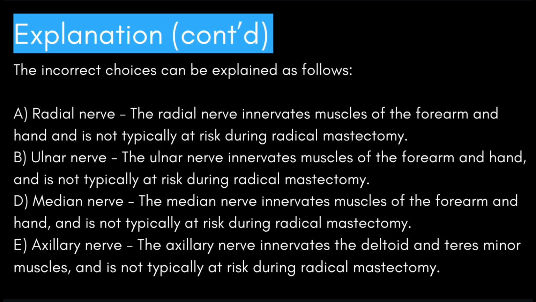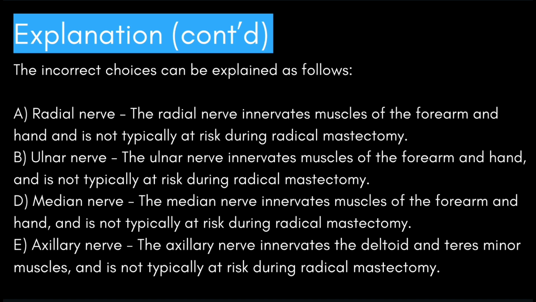Radial nerve. The radial nerve innervates muscles of the forearm and hand and is not typically at risk during radical mastectomy. Ulnar nerve. The ulnar nerve innervates muscles of the forearm and hand and is not typically at risk during radical mastectomy. Median nerve. The median nerve innervates muscles of the forearm and hand and is not typically at risk